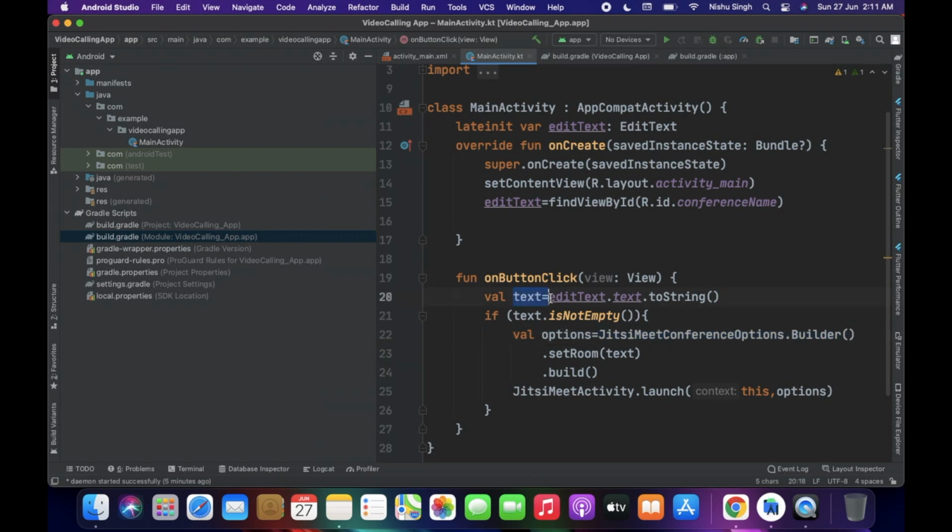Here I'm passing this text. When you enter your name or code in the edit text, that name is set in this set room, and then build. Now simply, last, JitsiMeetActivity dot launch, where you pass the context, this main activity this,